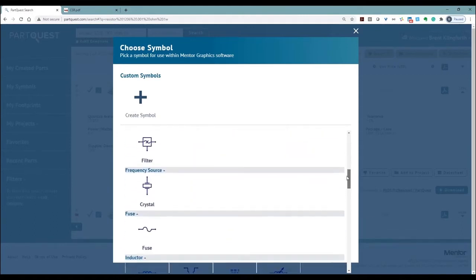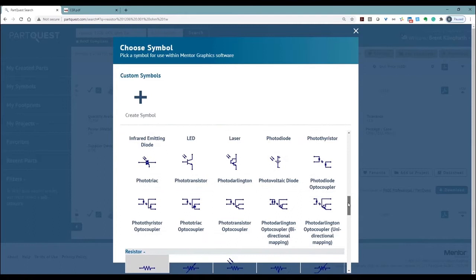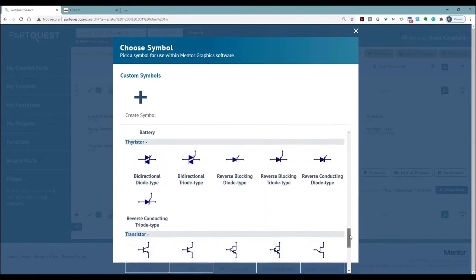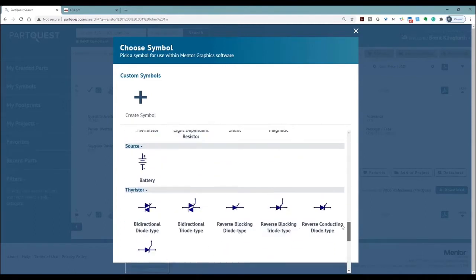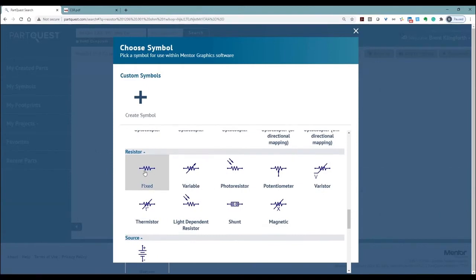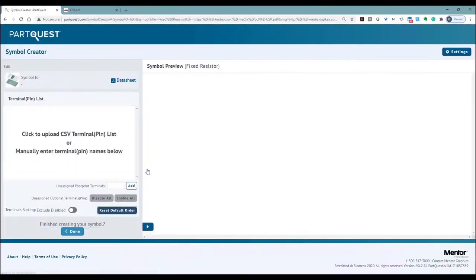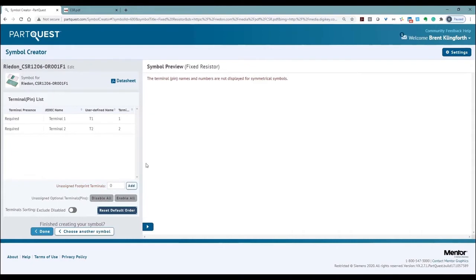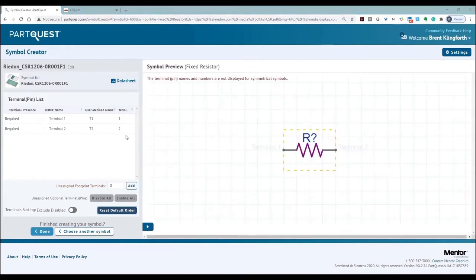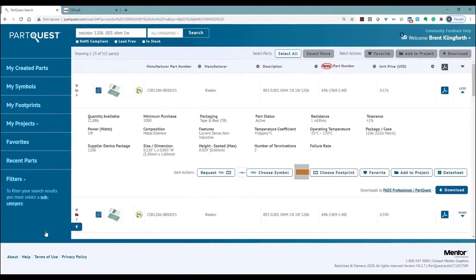We can create a new symbol from scratch by clicking on the Create Symbol, or in our case, we will choose a resistor from the many templates provided. Pin numbers will automatically be assigned based on the footprint we've assigned to this device. However, you can make adjustments if needed. With no adjustments needed, we'll click Done. This will take us back to our part where we can see the symbol and footprint are assigned to our